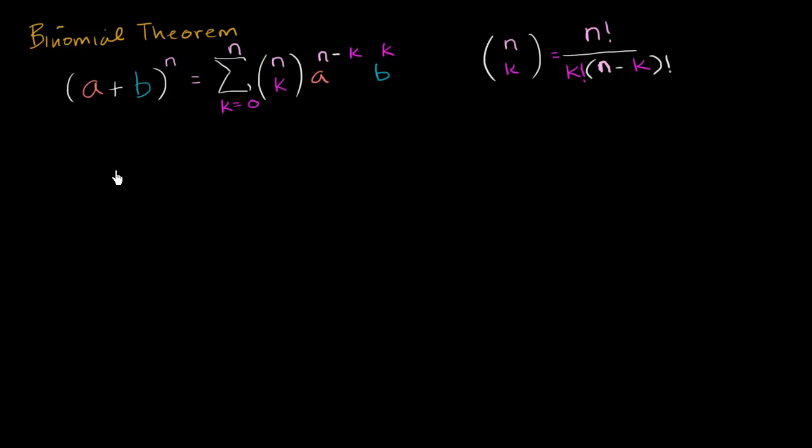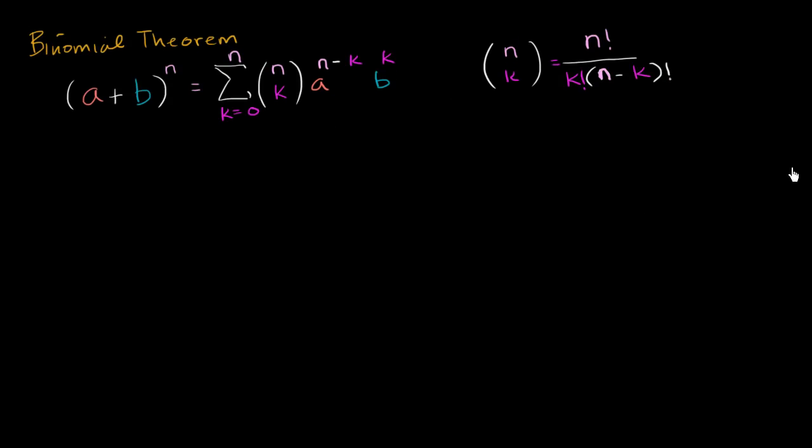So let's try to apply this. Let's just start applying it to the thing that started to intimidate us. Say a plus b to the 4th power. So let's figure out what that's going to be. I'm going to try to keep it color coded so you know what's going on. A plus b, let's take that to the 4th power. The binomial theorem tells us that this is going to be equal to the sum from k equals 0 to 4